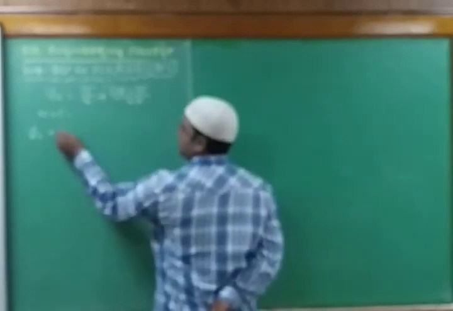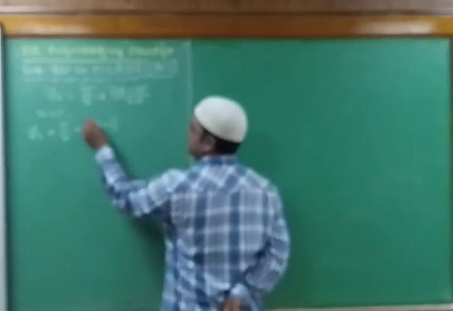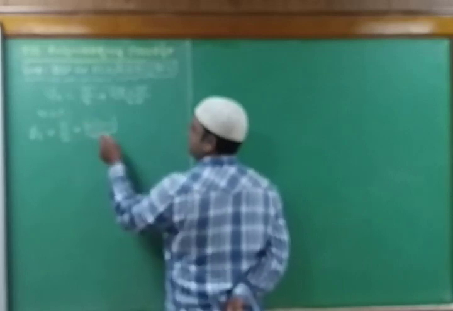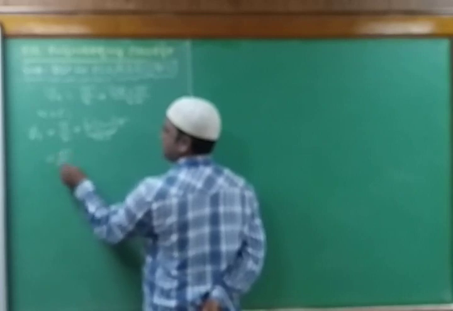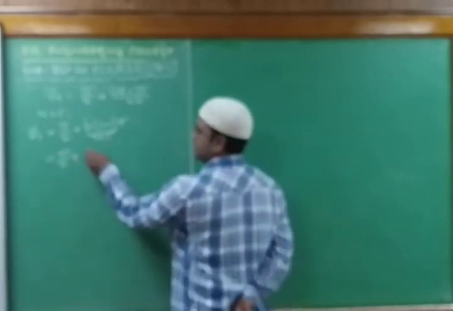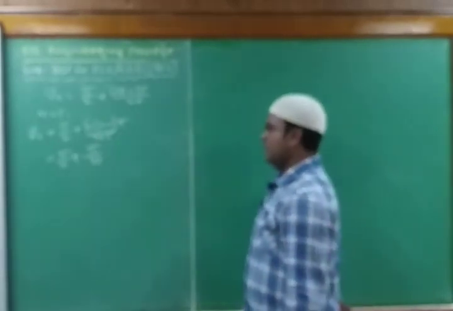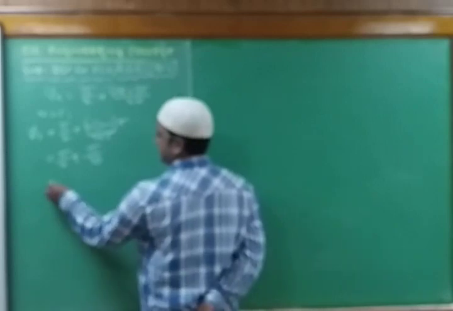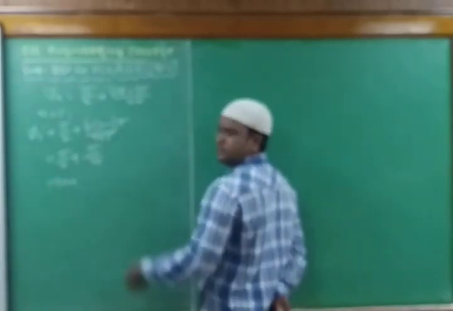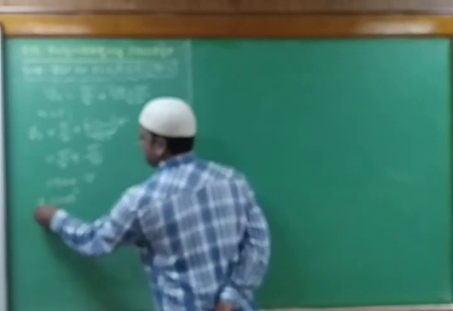So what I'll get is pi by 2 plus (2 into 1 minus 1) into pi by 2 into 5. So I can get pi by 2 plus pi by 10. 2 ones are 2, 2 minus 1 is 1, 1 into pi is pi by 10. Pi by 2 is nothing but 90 degrees. Pi by 10 is 180 by 10, which is 18. So the first value is 108. So we found phi 1.